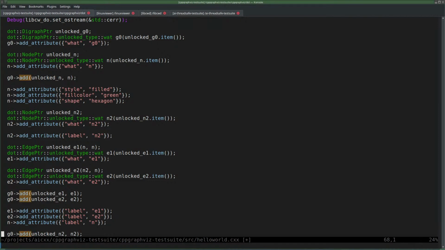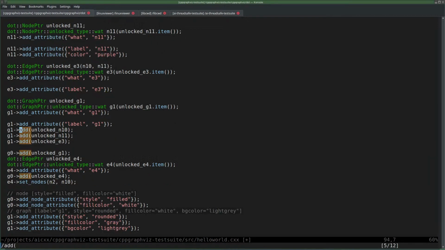And 2, comma n10, comma n11, comma E3. And this one I don't know, it's a bit too special. Let's first do the edges.